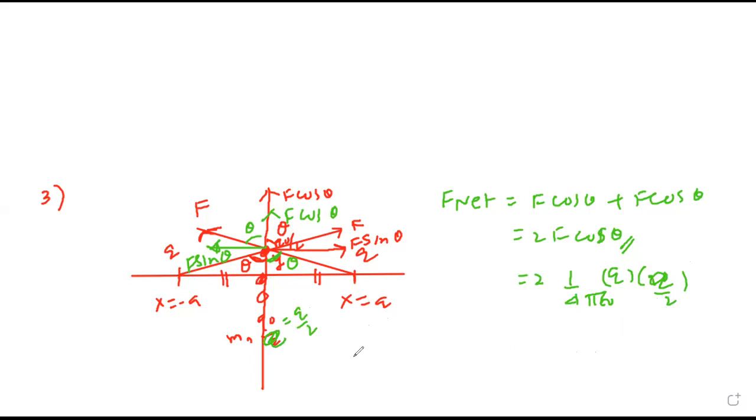We are considering that the force is acting on the particle in a tangential way. Wrong. Force always acts along the line joining two charges. So this is one charge, this is another charge, and this will be the force acting, repulsion. It is not tangential, it is along the line joining. Then this will resolve into two components.